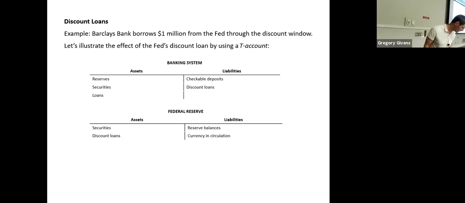Okay, so you guys help me out with this one. Barclays takes out a $1 million discount loan from the Fed. How does that affect the banking system's balance sheet? Just do this one step at a time. How is that going to affect the banking system or Barclays' assets versus its liabilities? I assure you, you folks will have to do problems like this on your lab and an exam. So being very familiar and comfortable with how to show changes